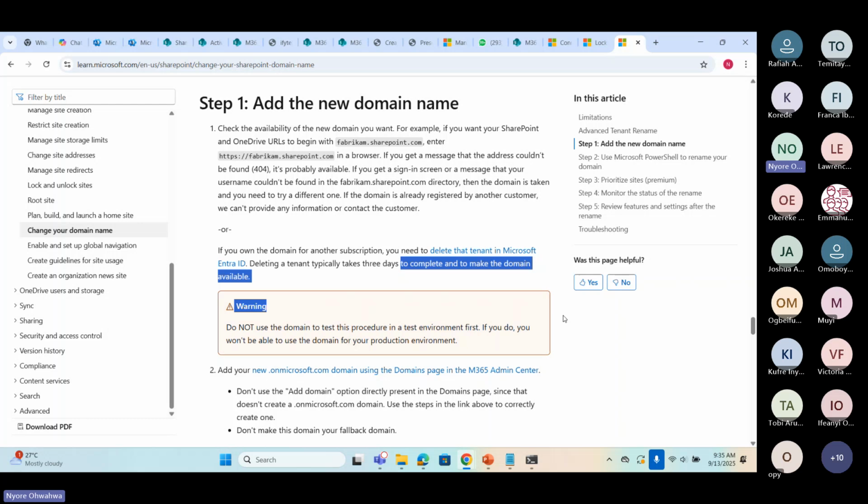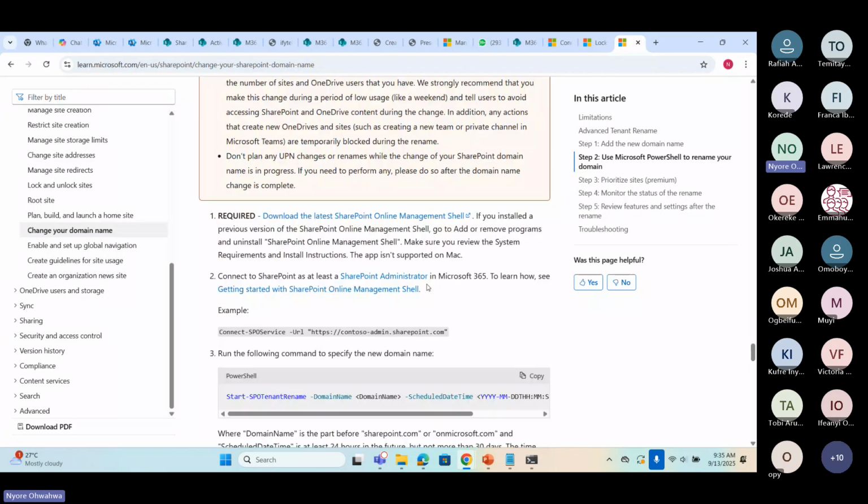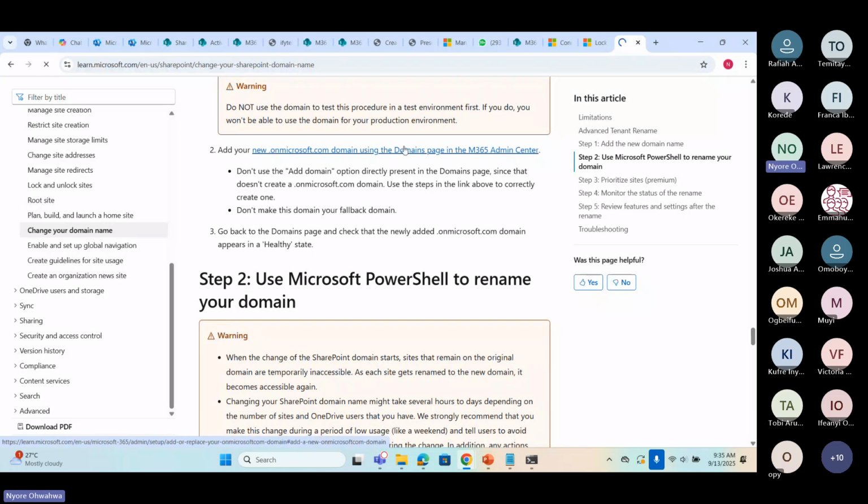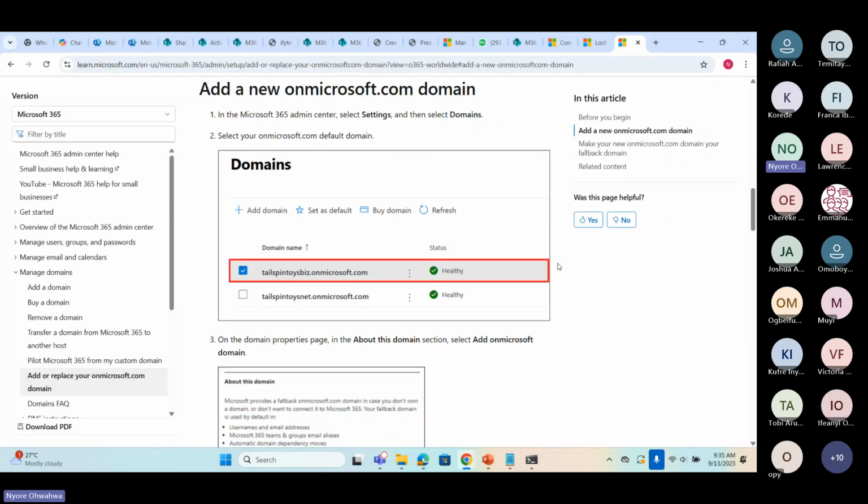You just have to look through it and read it. I know sometimes some people are not patient enough to read long articles, but if you are able to calm down and read it step by step, it is something that you can do and something you should be able to do. All of the steps are mentioned here. So to create a new domain, you basically log into your Office 365 group settings domain and add a new .onmicrosoft domain.